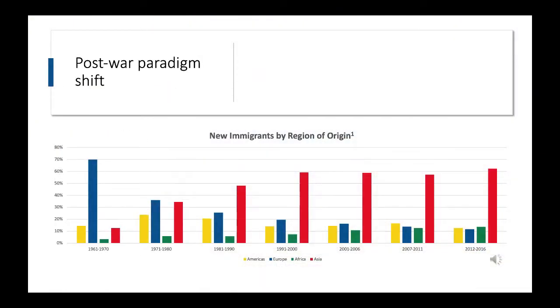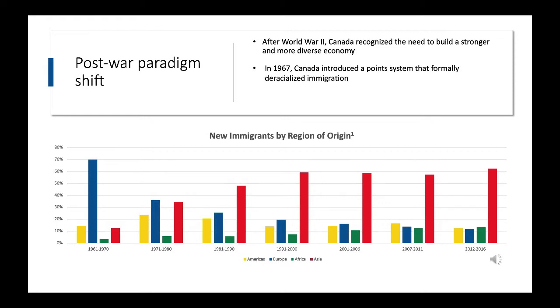After the Second World War transpired, Canada began to understand the importance of immigration for building a nation and growing the economy. This led to the introduction of the world's first non discriminatory immigration point system in 1967. The Immigration Act was passed in 1976 and distinguished immigrants into different subclasses, such as independent immigrants selected through the point system, a class for family members of Canadian citizens, and refugees.